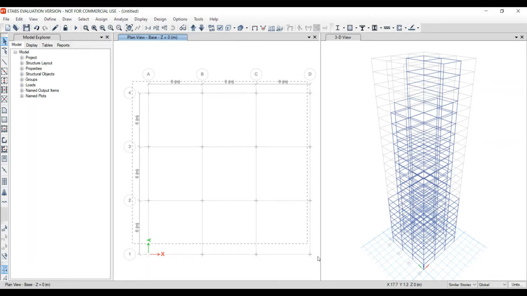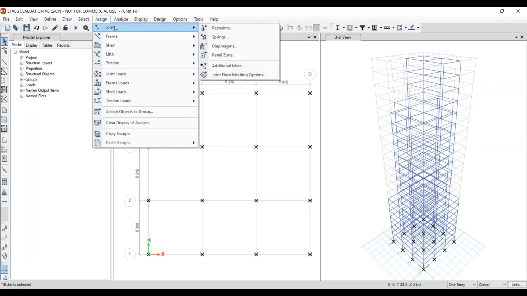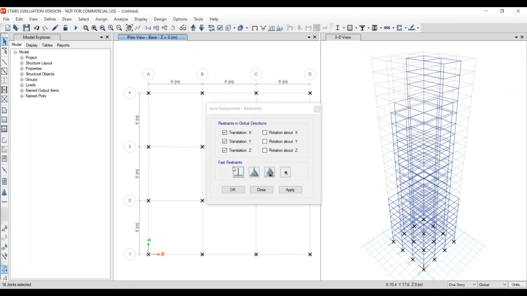Select the total structure. Make sure it is one story; yes, there are 16 joints selected. We are going to assign a fixed support for the base, so click on assign, click on joint, click on restraints, and select the fixed joint, click on apply and click OK.